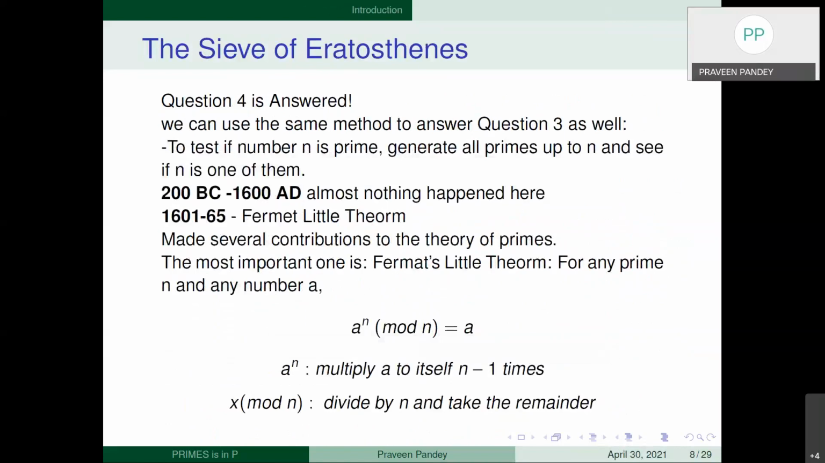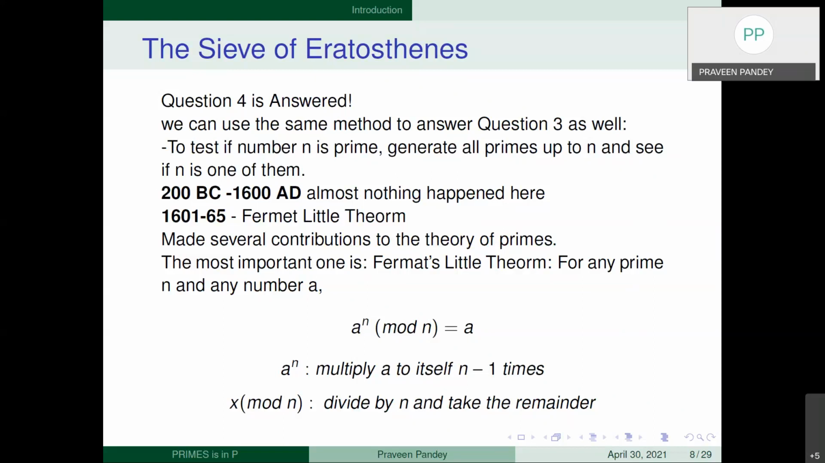So let's move further. We can use the same method to answer question 3 as well, but that will not be very efficient. But yes, we can use this method here also. This was done around 200 BC in Greek times. But after 200 BC, for around 1400 years, almost no mathematical advancement happened. Then in 1665, Fermat came and gave a beautiful expression,